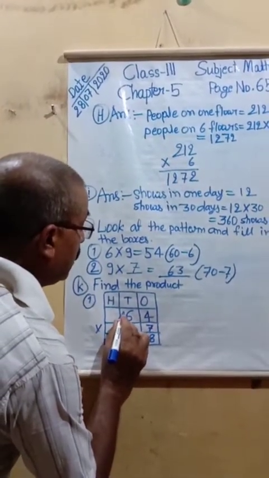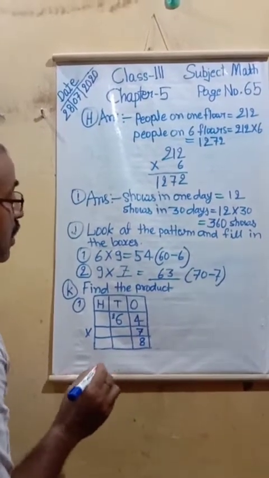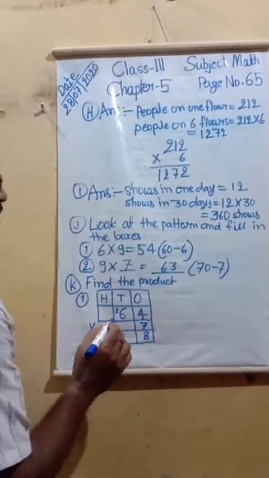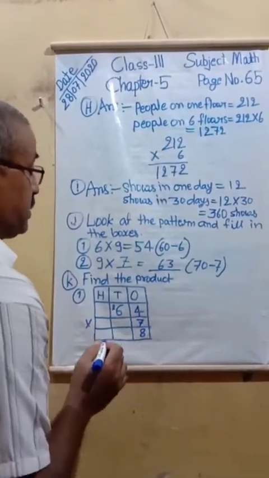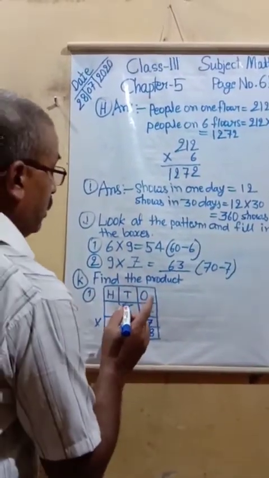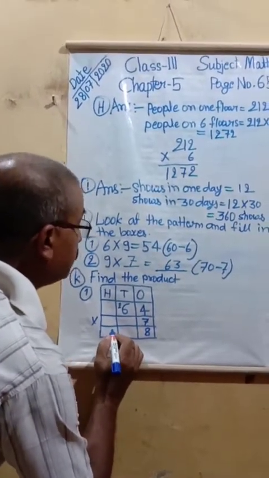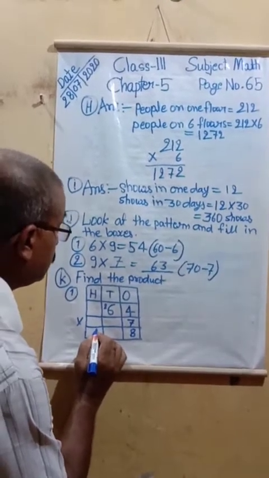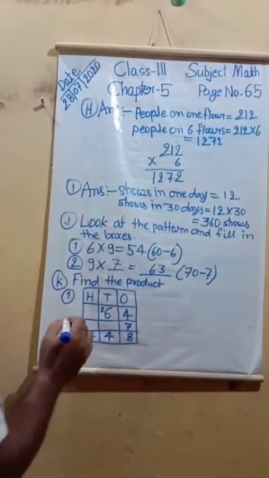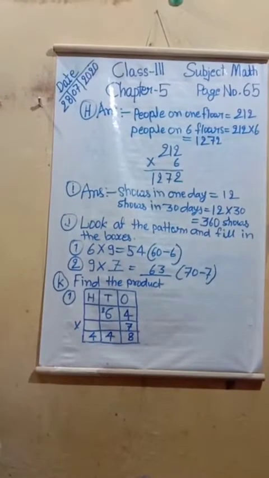Then here will be write a small 2, and then we will read table 6. 7 chances. 6 7 ja 42 and 2, 44. Now we will write here 44. This multiplication is completed. Next example.